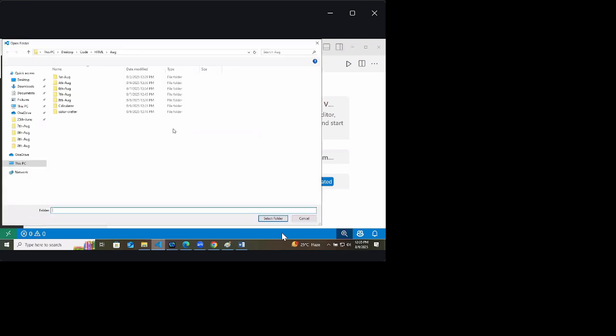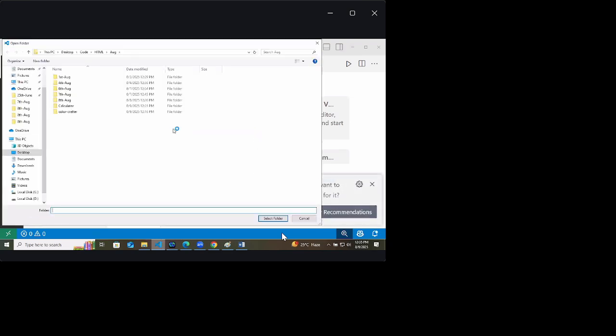And for building the calculator using JavaScript, we are going to write less than 20 lines of JavaScript, less than 20.